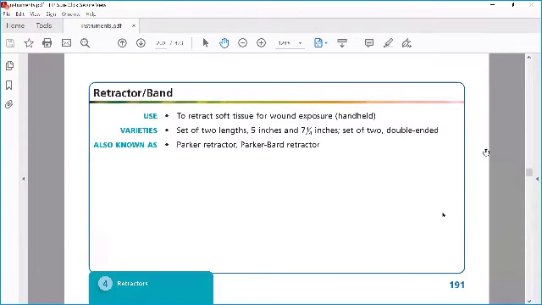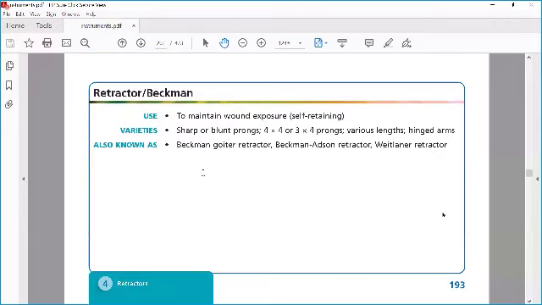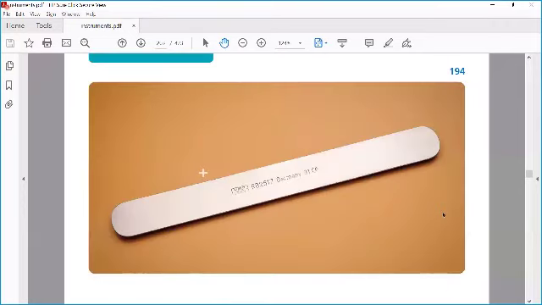Okay, this one is also just a small general retractor. Just remember, this is a Balfour, but not the one we use. See, in this one there is a hinge here. And then this is a Gelpi.